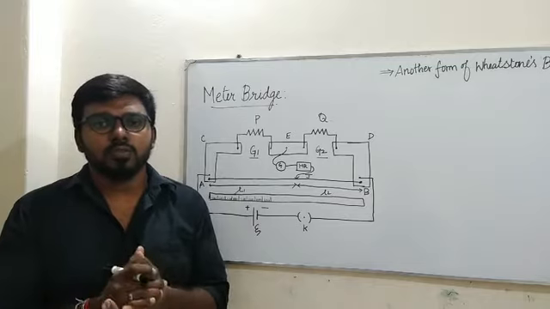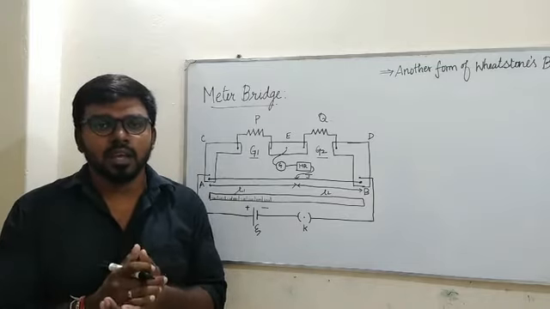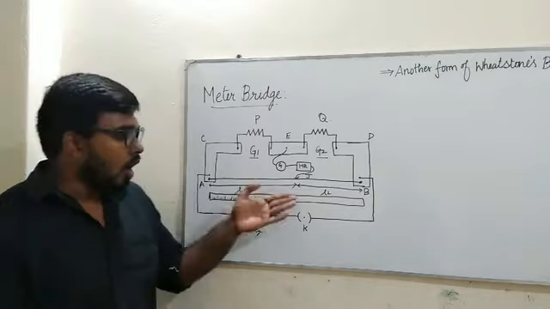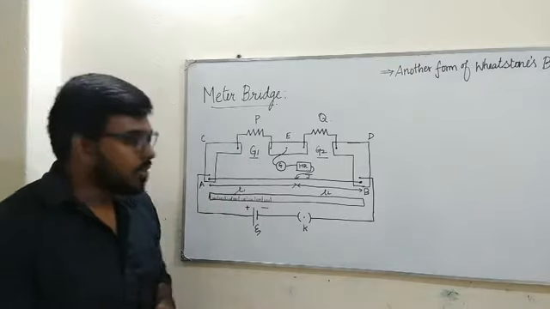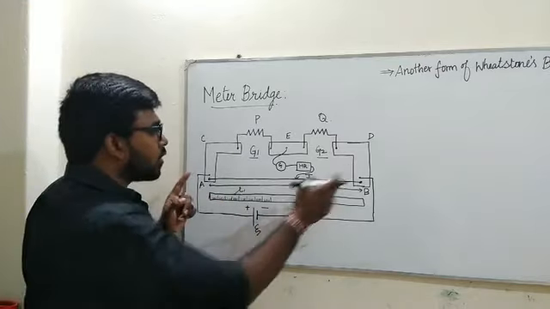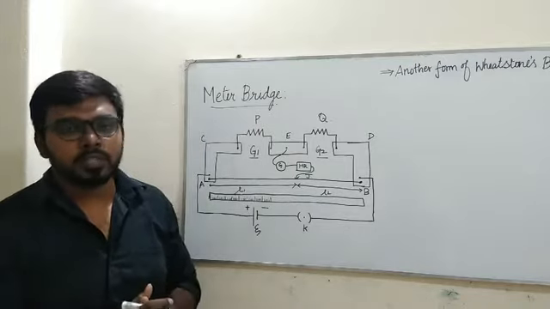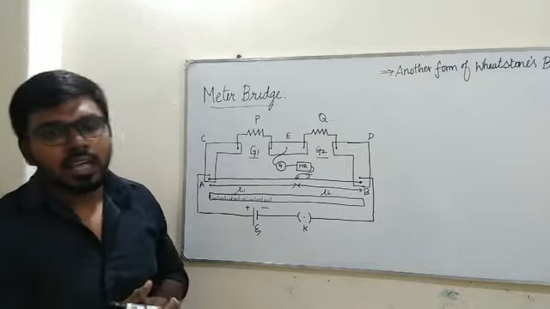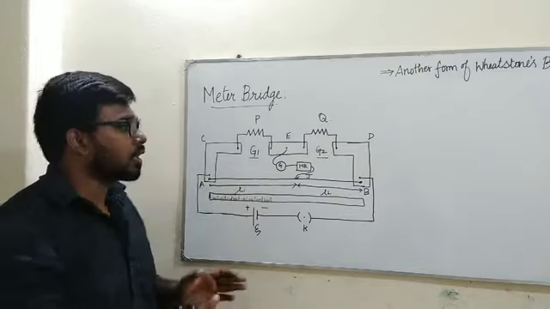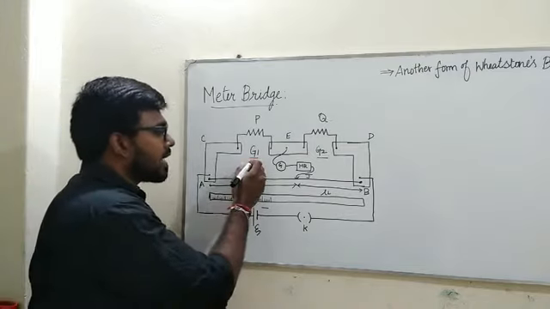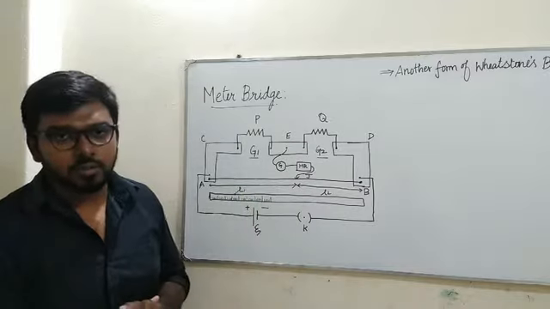Meter bridge consists of a uniform manganin wire AB of 1 meter length along with a meter scale, which is stretched in between two copper strips, that is C and D. Another copper strip E is mounted in between the copper strips C and D such that it provides two gaps, named G1 and G2.